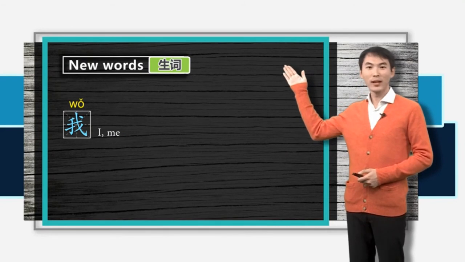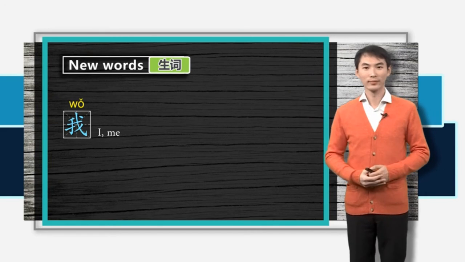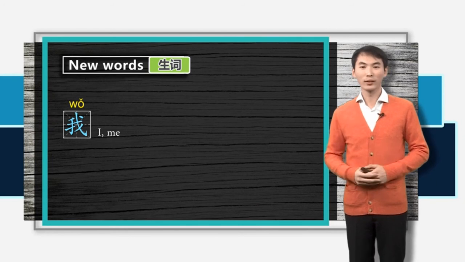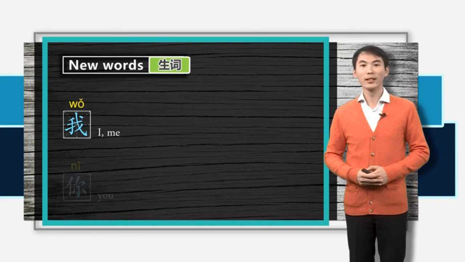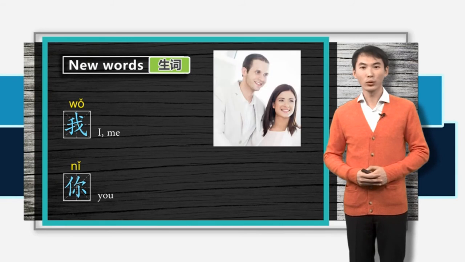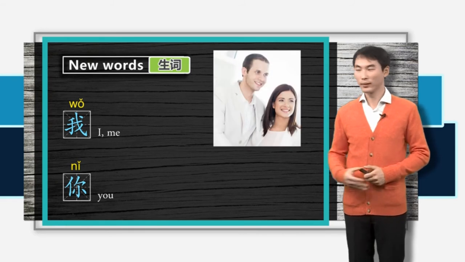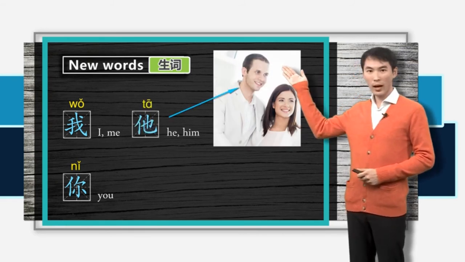我 it means I. 跟我读我. We have learned how to say you in lesson 1. Do you remember? Yes, that's 你. Let's see how to express he and she. 他